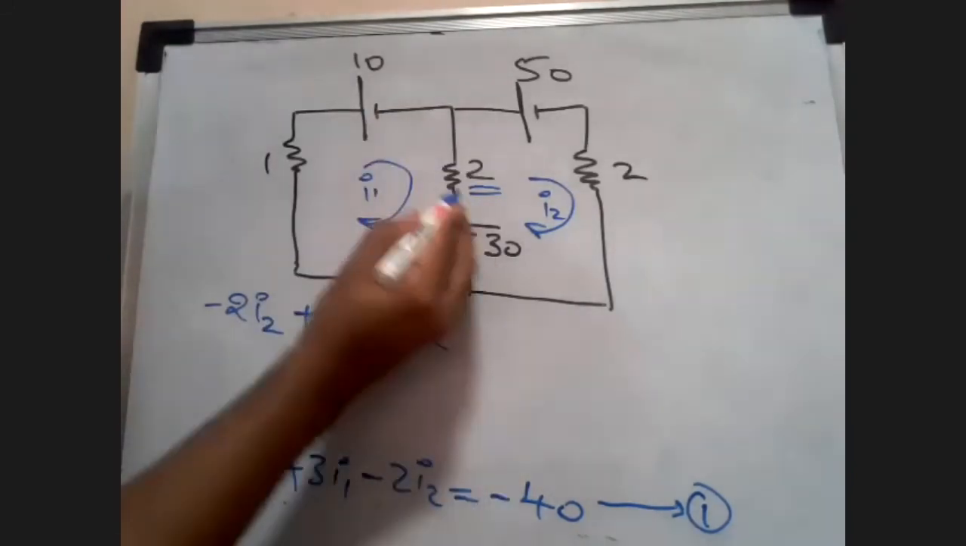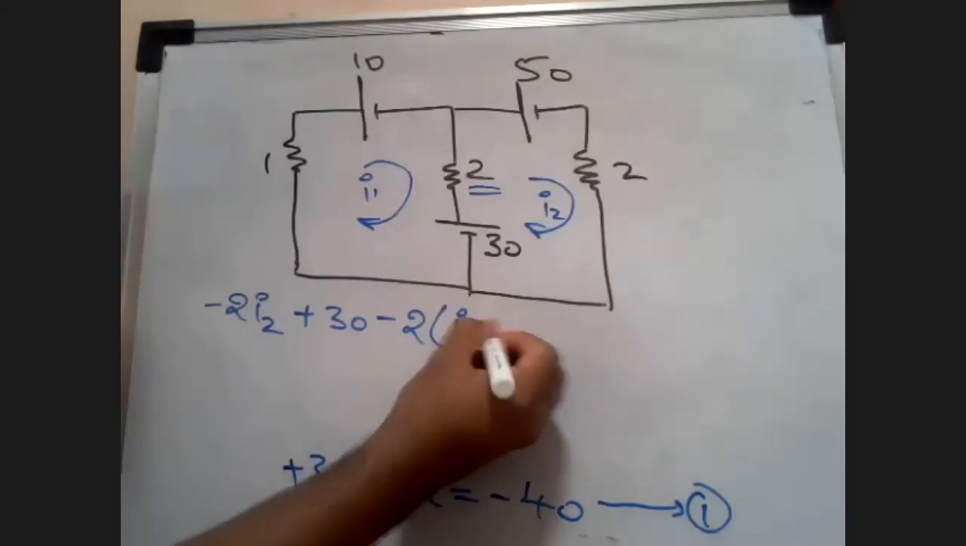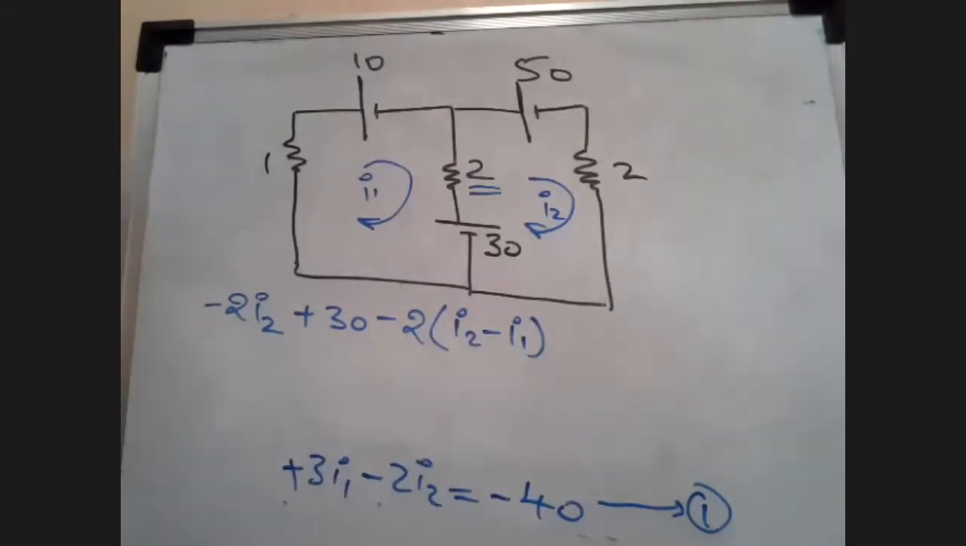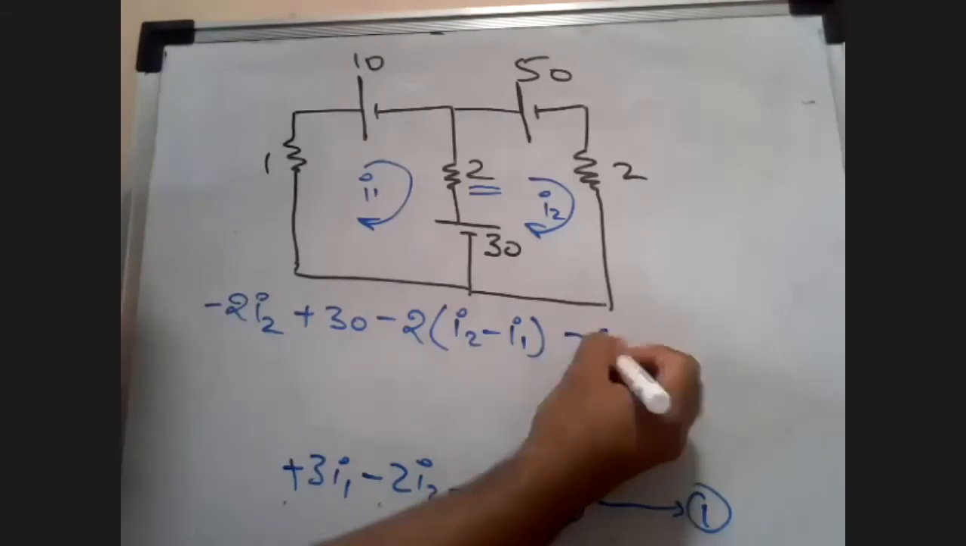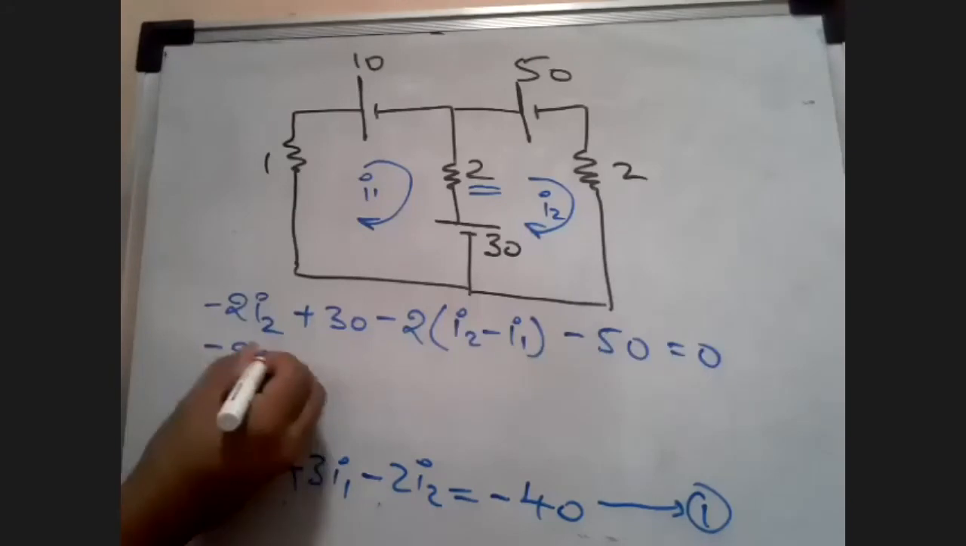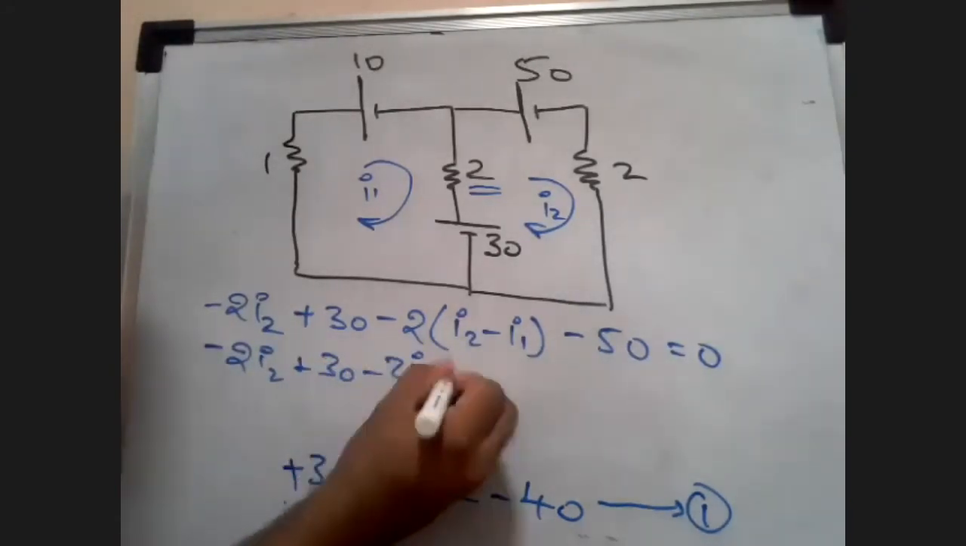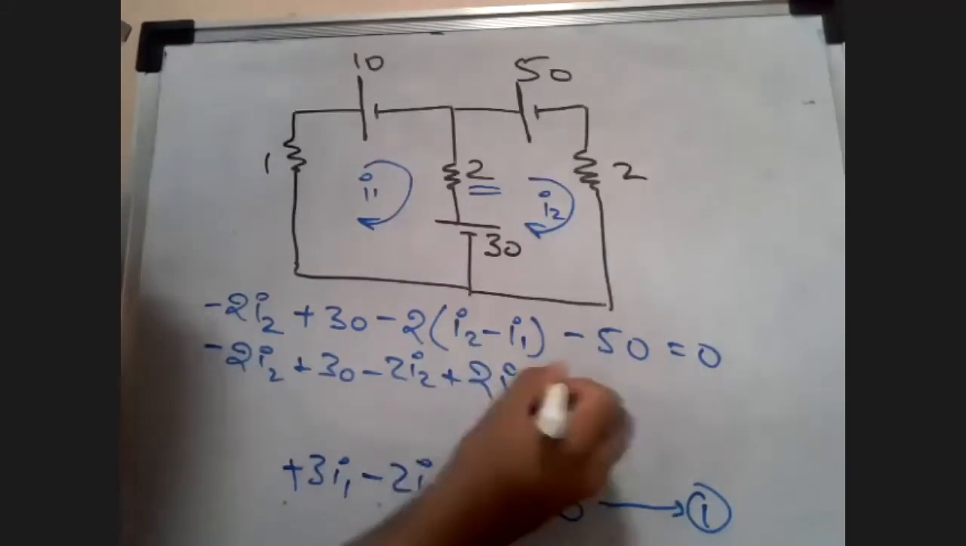What will I get now for here? I2 minus I1, I2 minus I1. And then you'll get minus 50 equals 0. Solve the sum. You'll get minus 2 I2 plus 30 minus 2 times I2 plus 2 times I1 minus 50